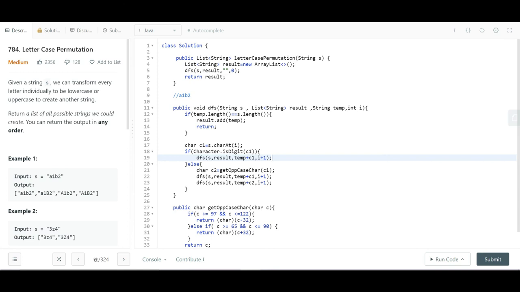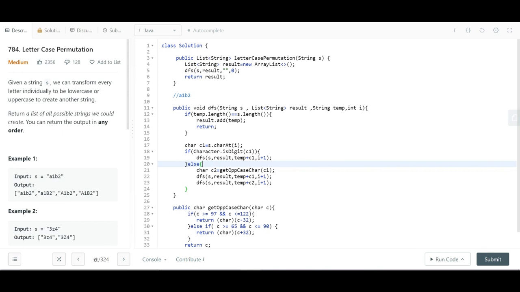Now for simplicity I just did temp plus C1, but a good practice is using a string builder. When you practice, use a string builder for this. Don't append strings directly because in Java, you know, it will create a different string, and it has the string pool concept, so it will create so many strings. For simplicity I just did temp plus C1.